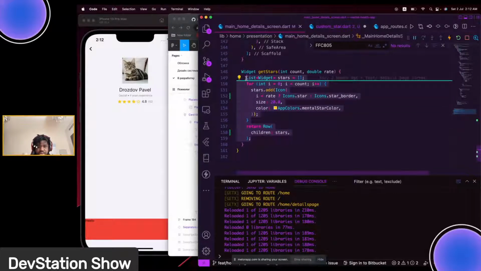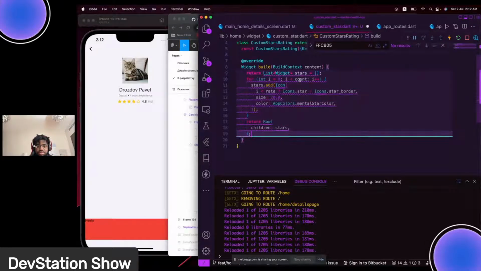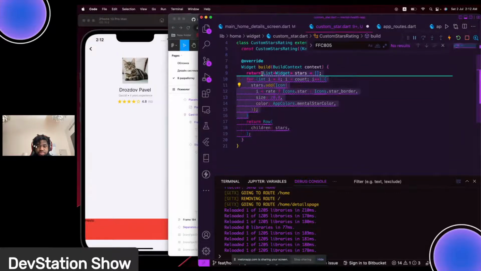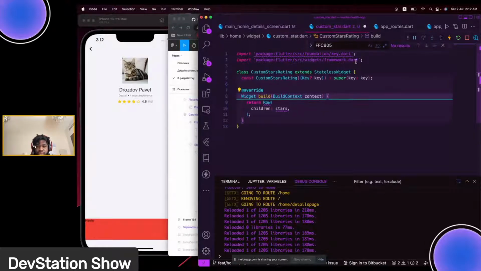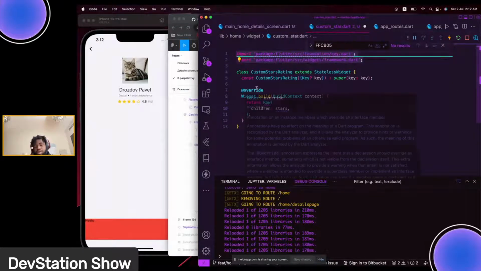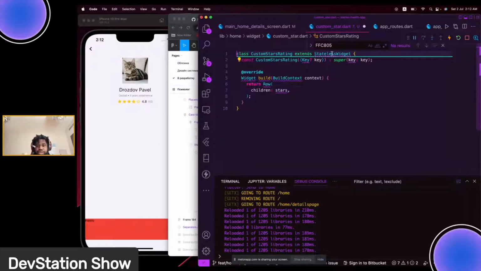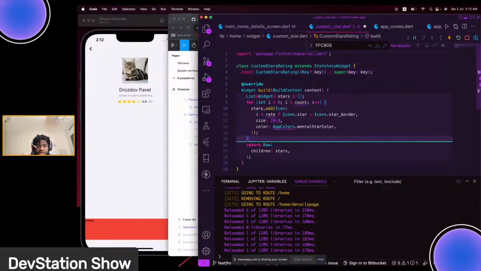All these are returned. So I'm basically returning that. So we import the material package. Even on this, you can go ahead and add material widgets, and then we can add this,